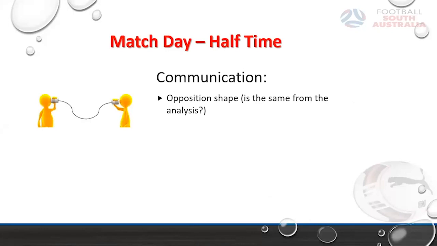The things you can discuss. Is the opposition safe? Is it the same as you analysed? I've been in situations where you've been the coach, where you've seen 3 or 4 matches of the team previously that you're about to play, and you've worked out that they play a 3-5-2, but then all of a sudden they come out in the first half and they've gone back to a 4-2-3-1. If that happens, how can you quickly communicate that between the coaching staff to pass that message on to the players? Are there key principles in the 4 moments?